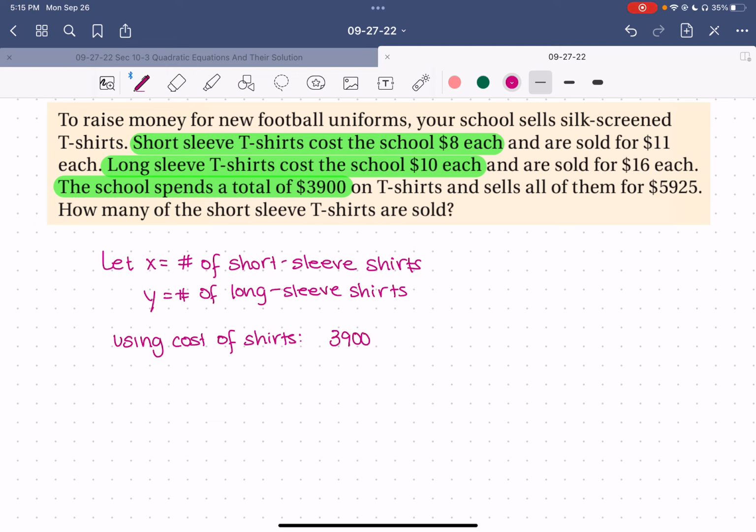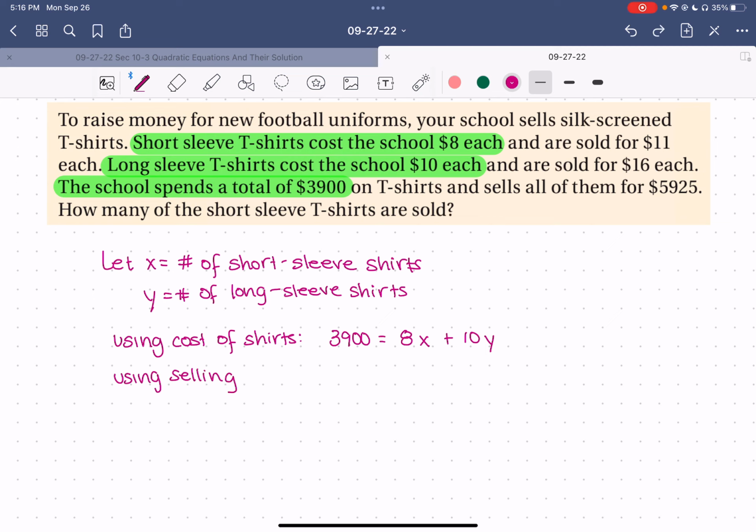3,900 is the total cost, and that's the cost of the short sleeve shirts, $8 for each shirt, and we have X shirts. The long sleeve shirts were $10 each, and we have Y. And so that gives us an equation based on the cost. And then what we sold them for, using the selling price,